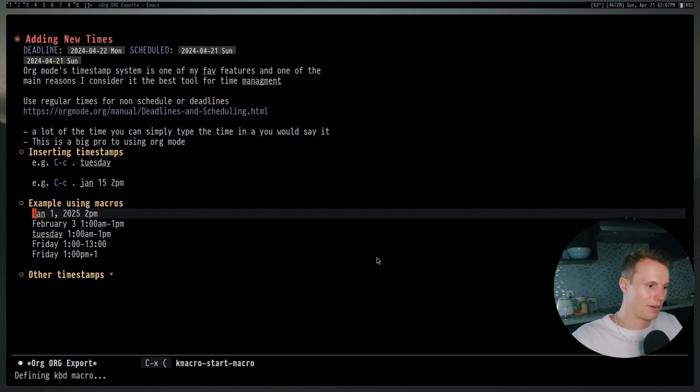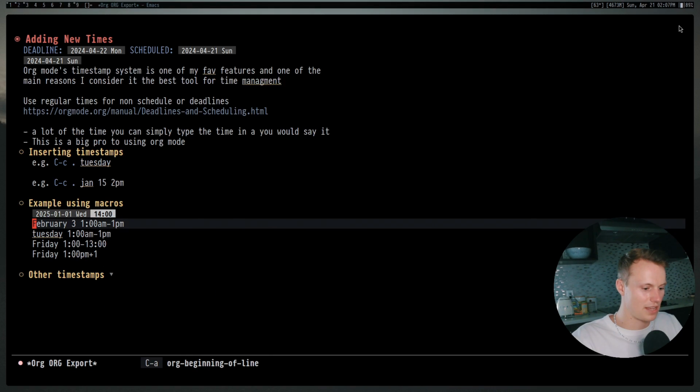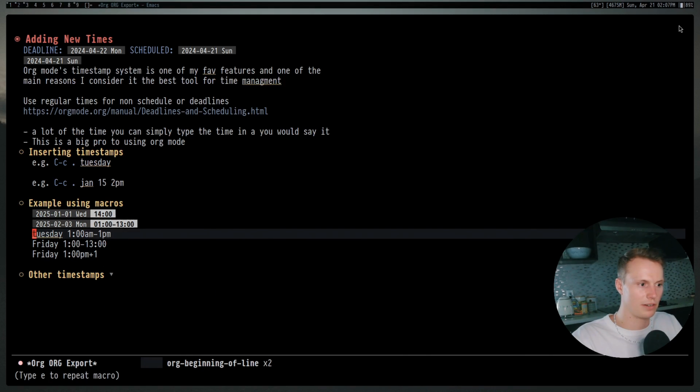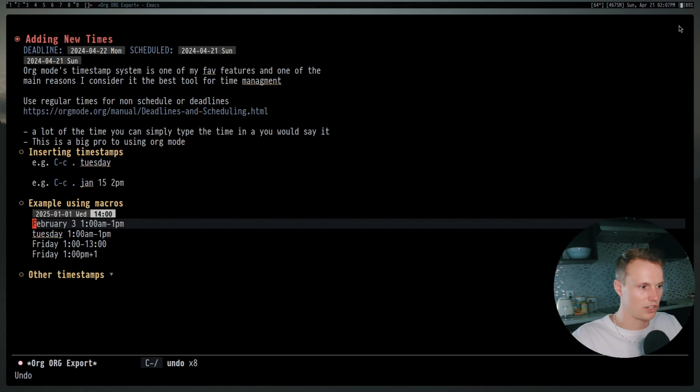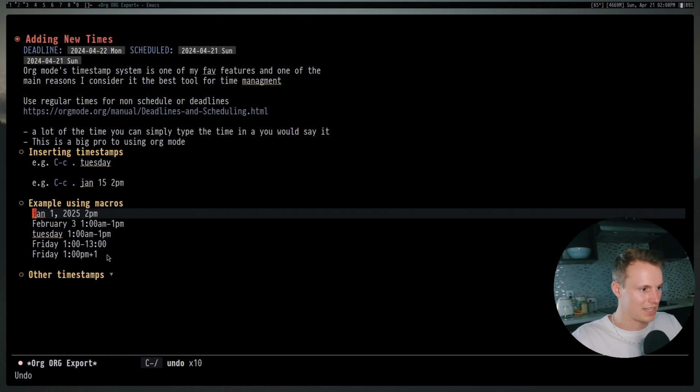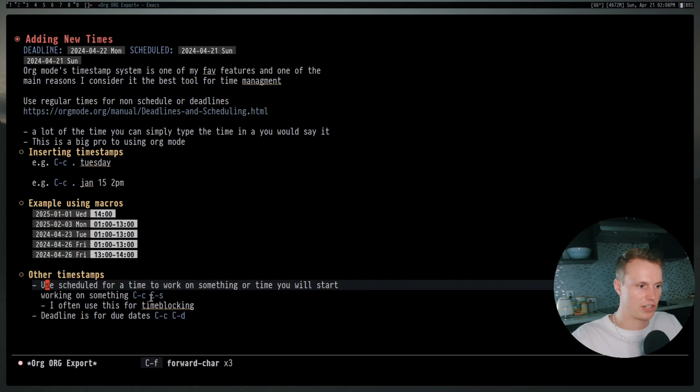So I could do Control-X parentheses, and it will start a macro. I can just do Control-K, Control-C dot, Control-Y, enter, and then Control-X, Control-E to execute, execute, execute, execute. And as you can see, in spite of the fact that all of these are different formats for the timestamp, so for example, just +1 is just 1 hour, some of them are in 24-hour clock, some of them are in AM, PM, it's able to be really intuitive about figuring out how to insert all of these correctly. Now, there are other timestamps, like I mentioned, Control-C, Control-S, Control-C, Control-D. Both have their meanings that I talked about before.